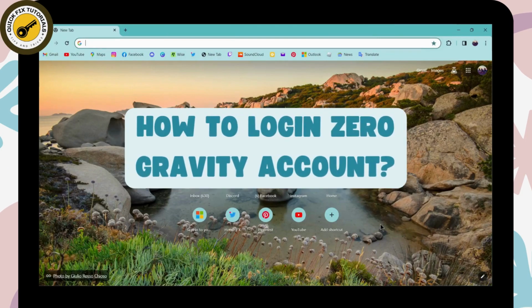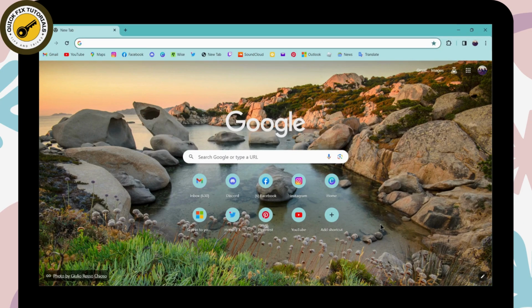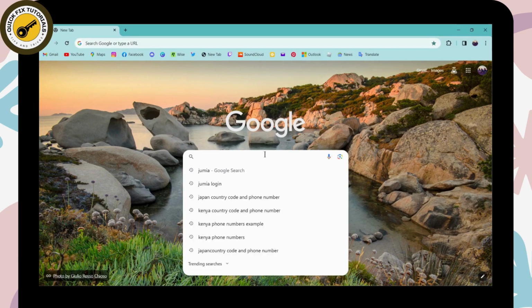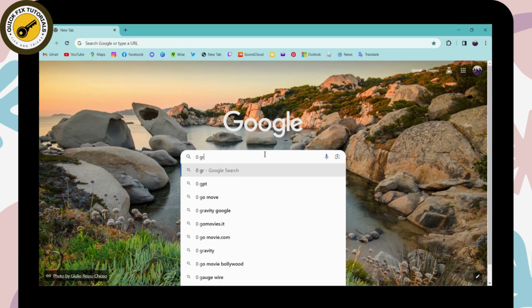How to log in to a Zero Gravity account. So if you want to log into a Zero Gravity account, then first of all you need to open up your browser, any browser that you are comfortable with, and I'm here with the Chrome browser. Simply go to the search bar and search for Zero Gravity